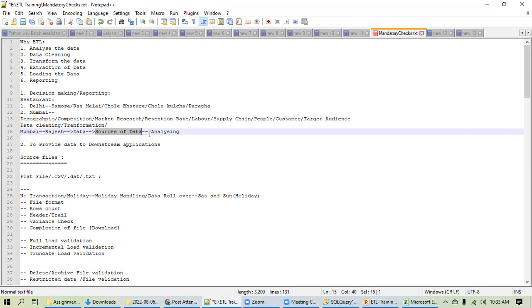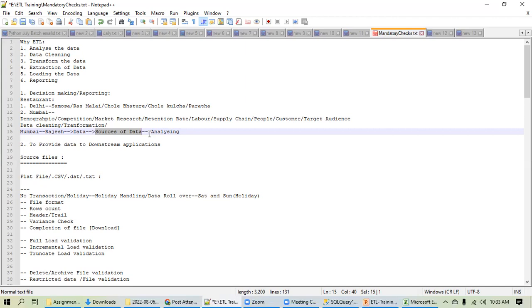Because in that case, if you're taking the data of the slum area and you know that they are not your target audience, that will not make sense and your analysis will not give the correct result. So from this, what I'm trying to tell you is to stress the importance of sources of data. The sources from which you want data must be clear to you.